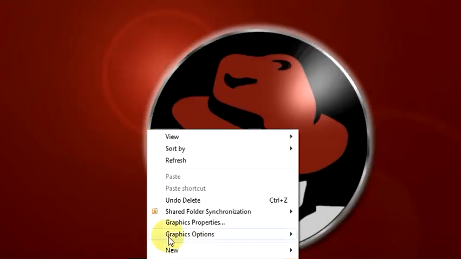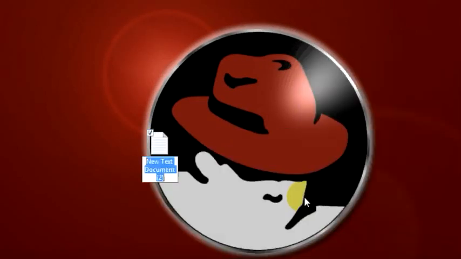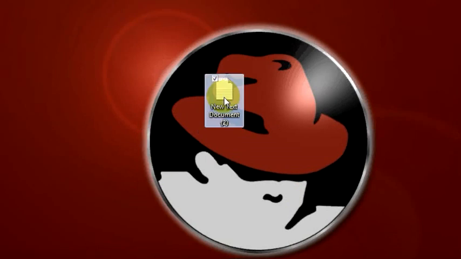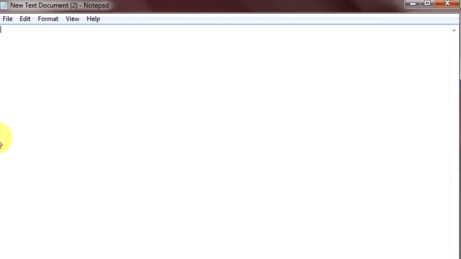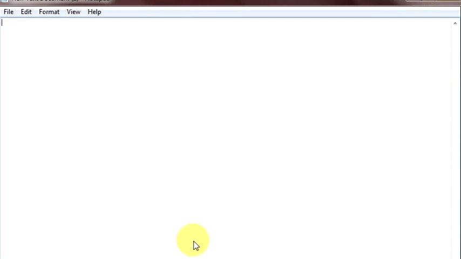For that purpose, just right click and select New Text File. Open it. Let me get it onto the screen. Yeah, we are done. An HTML page starts with a tag html and it ends with the tag html again with a forward slash.